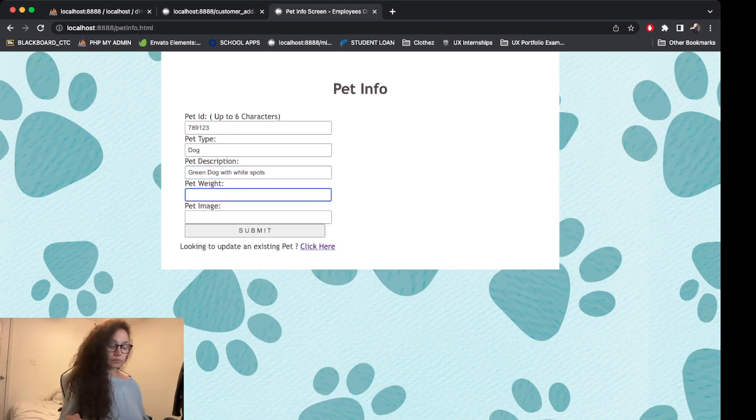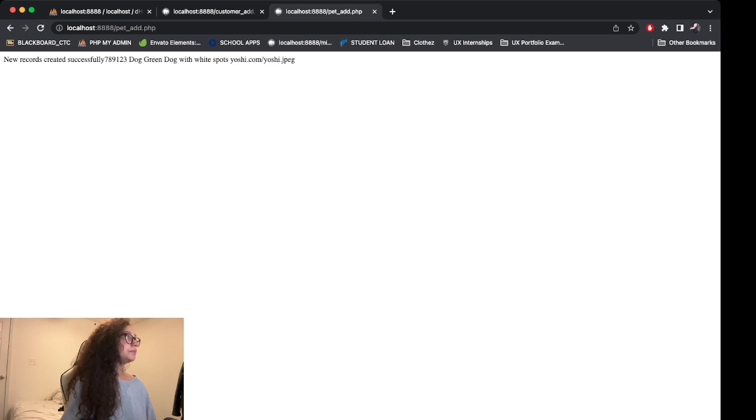Pet weight, we'll say he's 5 pounds. And pet image, for this I just plugged in random URLs. So I'll say yoshi.com/yoshi.jpg. So I'll click submit here, and you get the new records created successfully with all the stuff